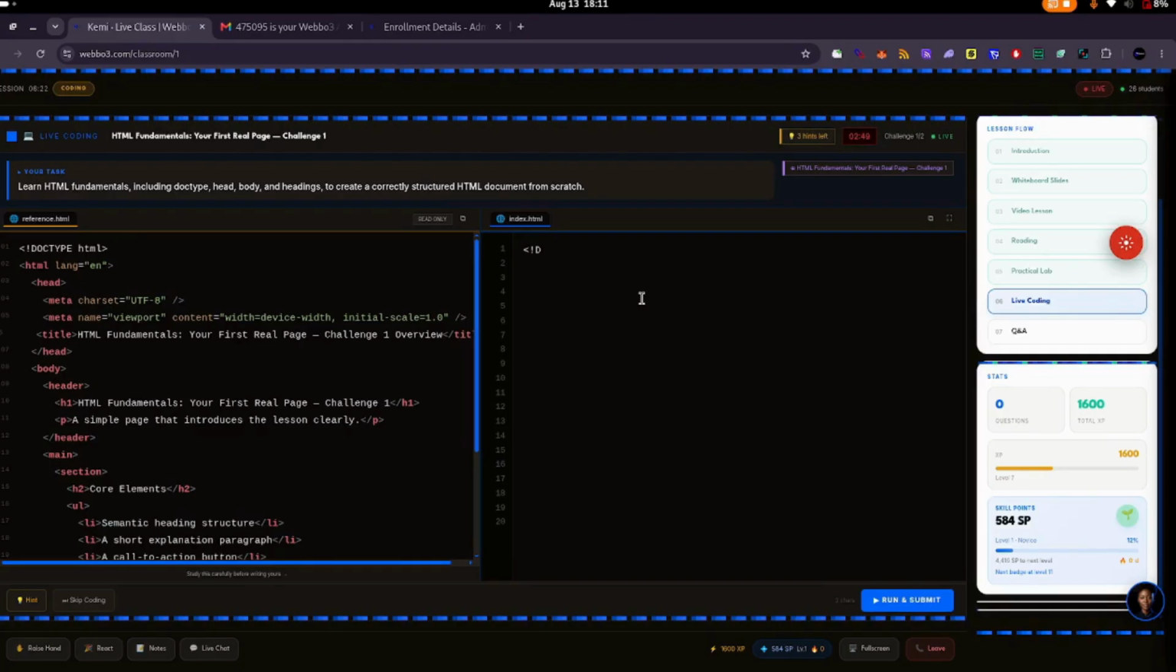So just do as I do, that's what they mean here. So in capital letters, DOCTYPE. You can correct. Then we have HTML. This is the best way to learn how to code. So write HTML